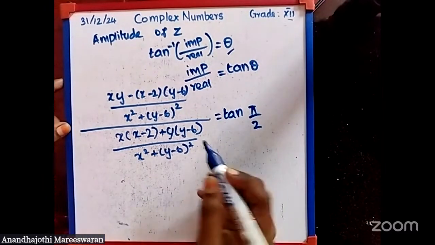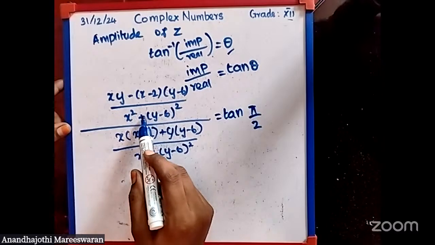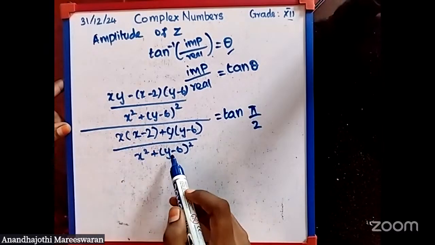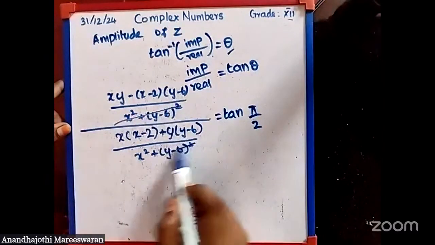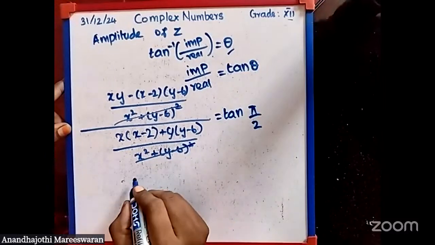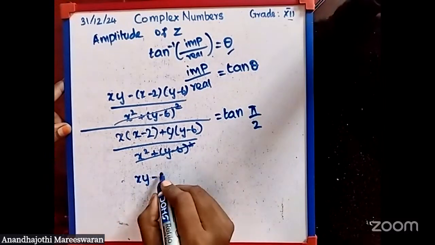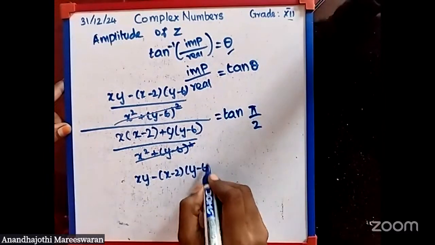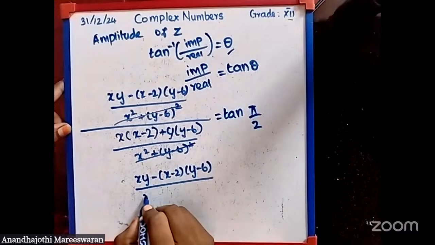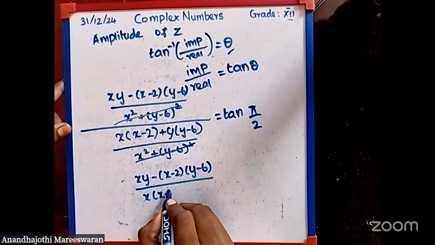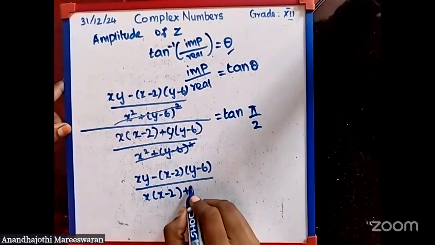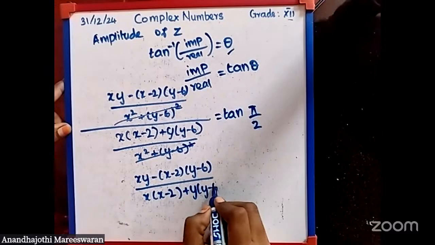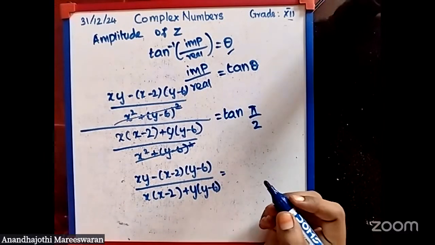Here, look at this. The denominator of this one and this one are the same, so we can cancel it out. So what will be remaining? xy minus (x minus 2) multiplied by (y minus 6), divided by x multiplied by (x minus 2) plus y multiplied by (y minus 6), equals